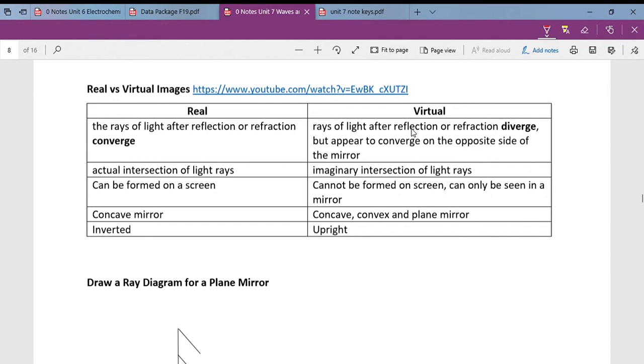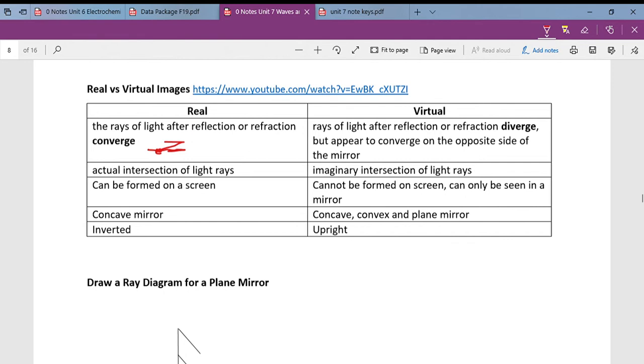You're going to get an actual intersection of the light rays. So for example, if you had a ray come in and then come out, and you had another ray come in and let's say come out, and you had this converging on the same side as your image, you're going to get a real image, which means that if I held up a piece of paper,